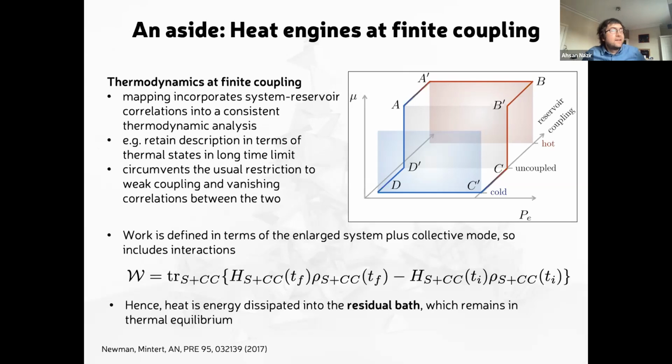I guess one consequence of this is that, in terms of counting statistics for work and heat, for example, the relevant operators should commute with each other, which means that we can say something about the joint statistics of work and heat, even at finite system environment couplings, which is not always the case for other definitions of work and heat that have been put forward in the strong coupling regime. But I'll not go into that today because that's still kind of work in progress.